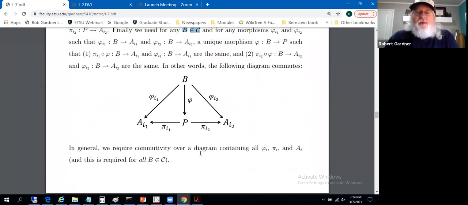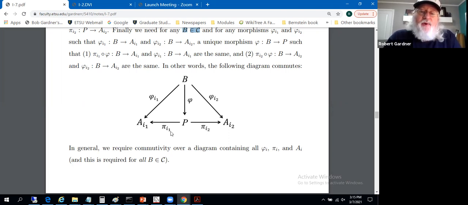In general, we're requiring this diagram be commutative over all indices, right? All I1s and all I2s and all pi sub i's and all phi sub i's, and the B is arbitrary as well. So there's a bunch of moving parts potentially in that definition of product. What we're about to show is there's a little bitty bit of independence